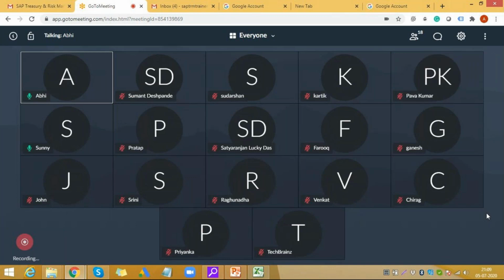The reason is that I need market data for 2 years uploaded in the system to even show how the market data analyzer works, because it takes the historical data into consideration and then does your calculations. So there is a dependency on the external interface for this, which cannot be set up in the test system on a demo box, right? Okay. So can we get the concepts of whatever you are going to cover in these 30 or 40 classes? Yes, we will give you the contents. Okay, fine. Thank you.